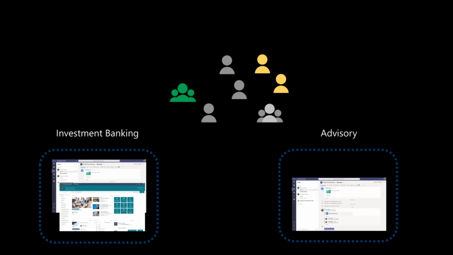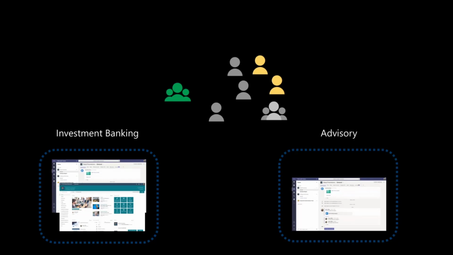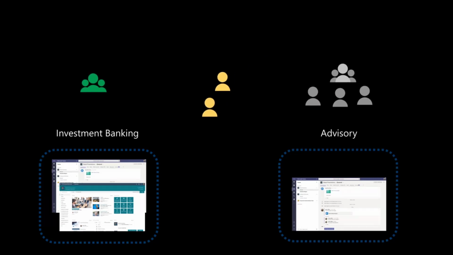And then you have the corporate advisor department. Let's say there are 500 users in that department, and they have their own Teams experiences. They create their own teams, create their own SharePoint sites, and they have their own personal OneDrives in the organization as well. And as I said, there are investment bankers, and then there are advisors. But then also, more importantly, you have the rest of the employees in your organization.